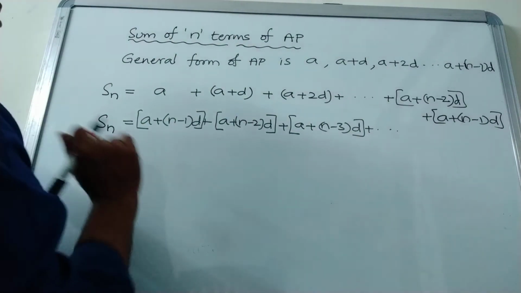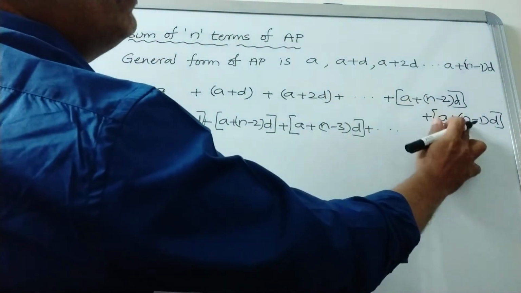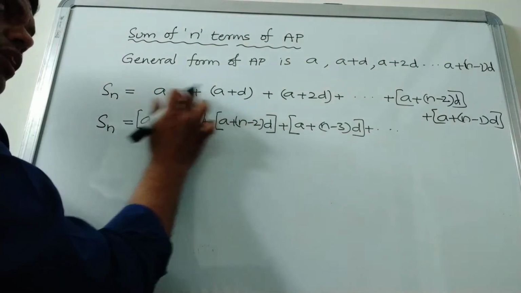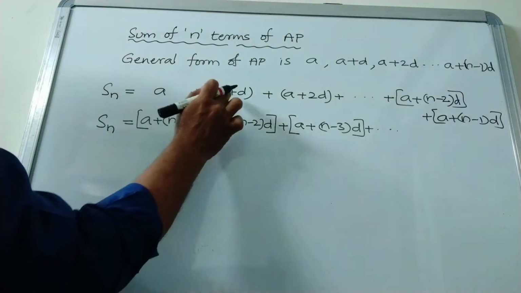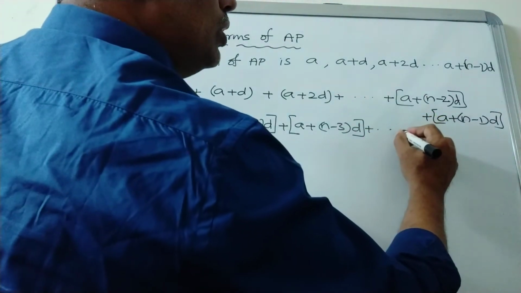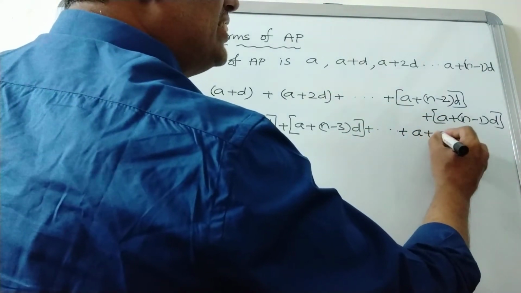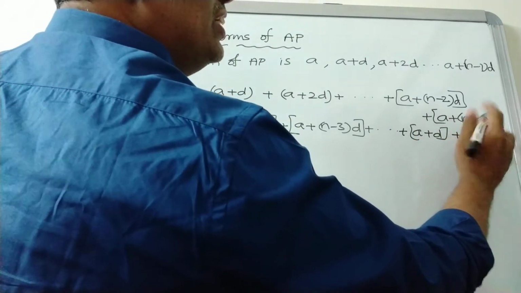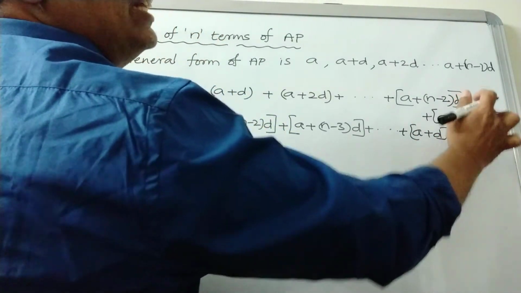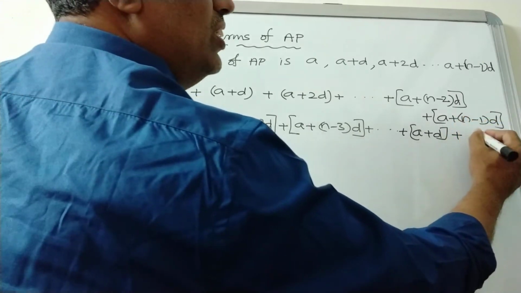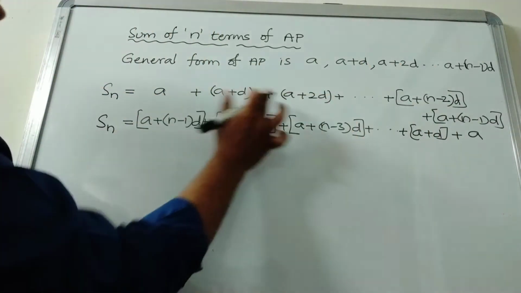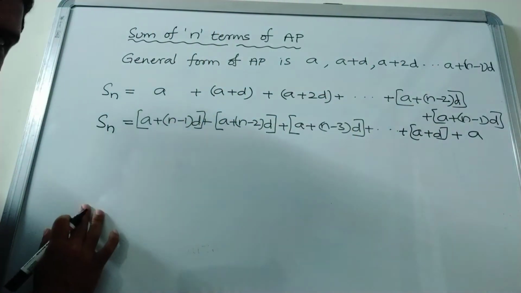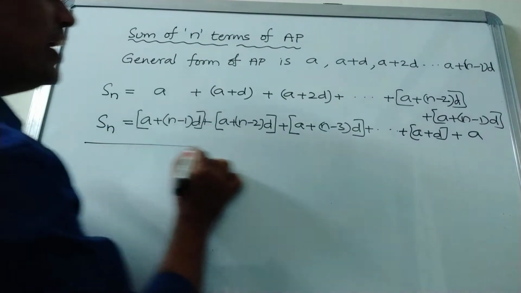Understood? Now what happened here? See, two terms I have written last, and here also these are the last two terms. When we are writing in reverse, the last two terms I will write here. So that is a plus d, which I will add to this one. Why? Because this one is next, so this is the last one. Space is not there, that is why I have written it down. Maybe you observed. So when we are writing in reverse, these are the last terms. Am I right?